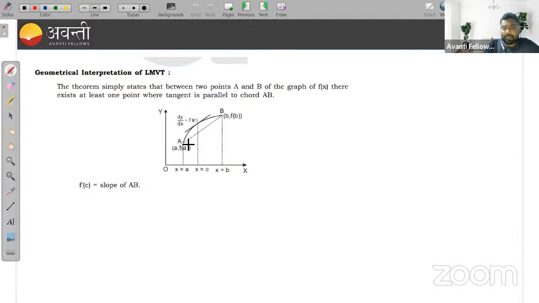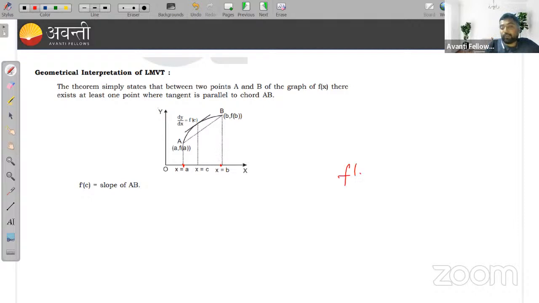Let's understand this geometrically also. Here you have the function y is equal to f of x. This is my function, and these are my points a and b. We already know that the function is differentiable and continuous on [a, b]. What I am saying is, there exists at least one real c between a and b for which the first derivative of that function becomes